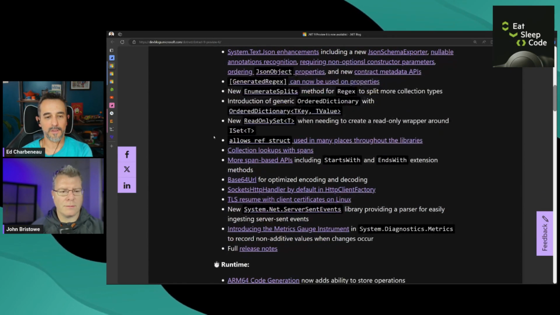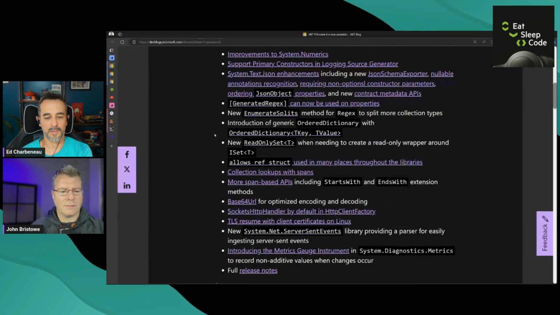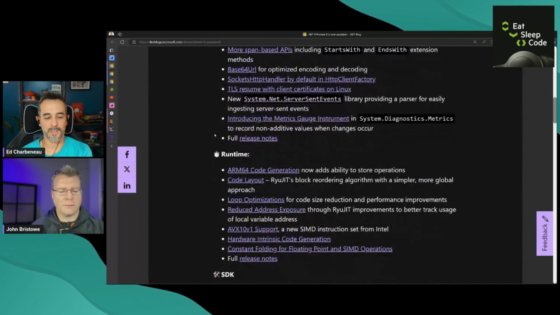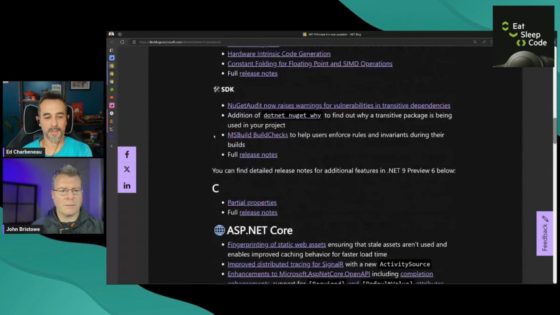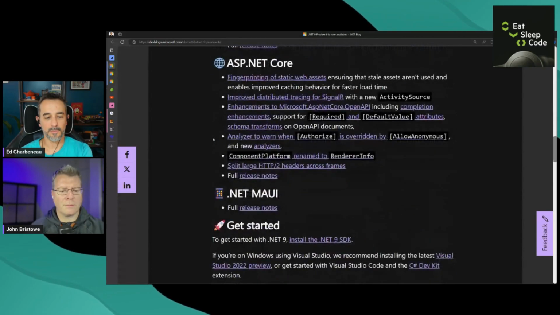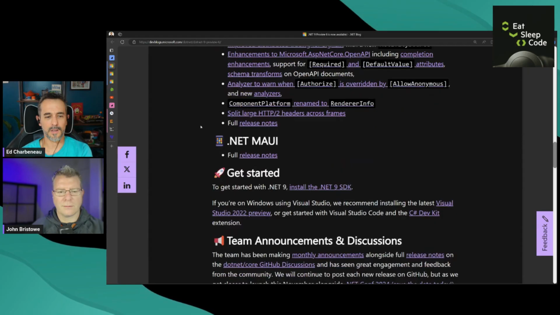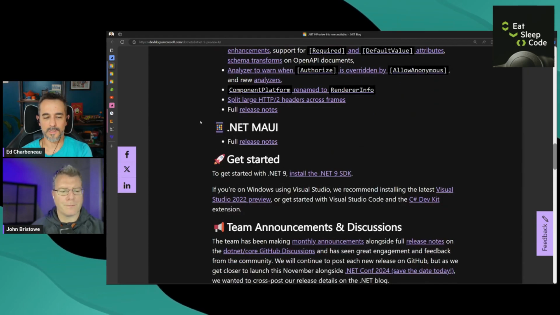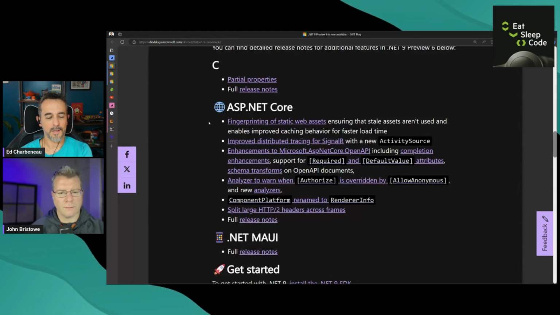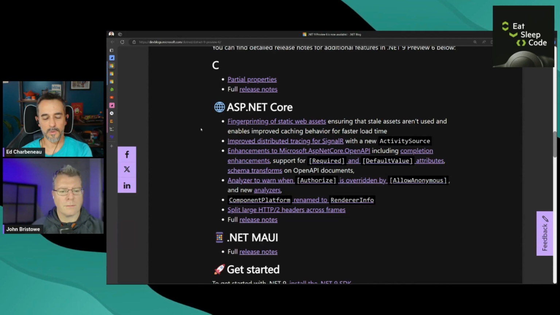I don't have anything particular that I've picked out yet, but it's exciting to see that they are working hard on moving the framework forward, or the ecosystem forward. We do have some new things. I mentioned last week with .NET MAUI that got released. Yep. So there's the interop bits I talked about. That was pretty exciting. I think Blazor's in kind of a maintenance mode, or bug fix mode this time around.